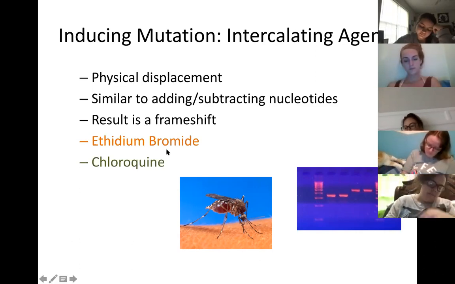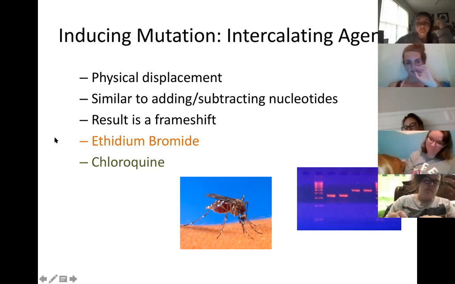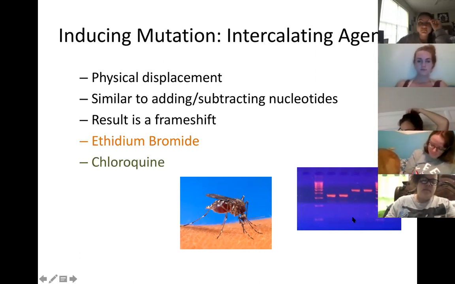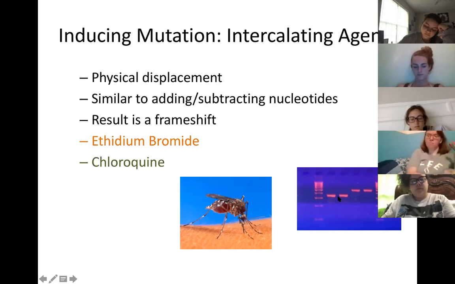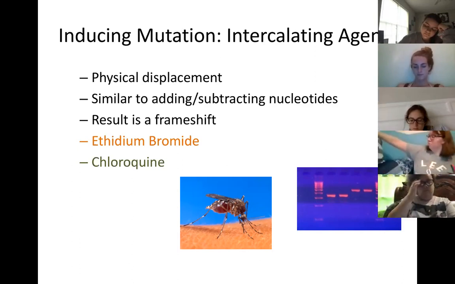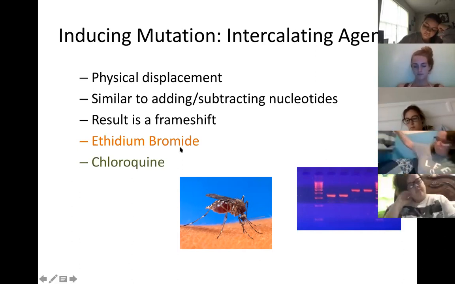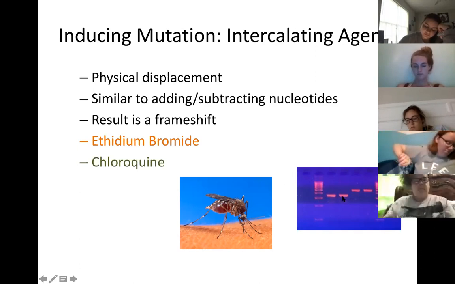And here, I don't know if you've heard of ethidium bromide. Ethidium bromide actually is an intercalating agent that interacts with DNA. And so you see this cool little neon pink. These are actually base pairs. So these might be gene products of DNA, and we actually shoot ultraviolet light through the DNA gel, and it causes ethidium bromide to fluoresce. And so that's how you can actually look at bands of DNA.